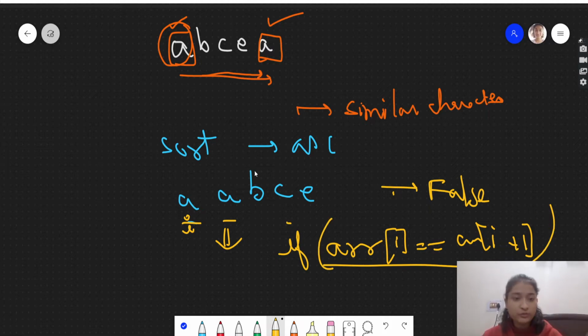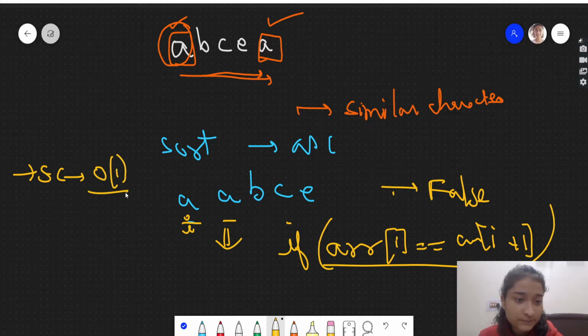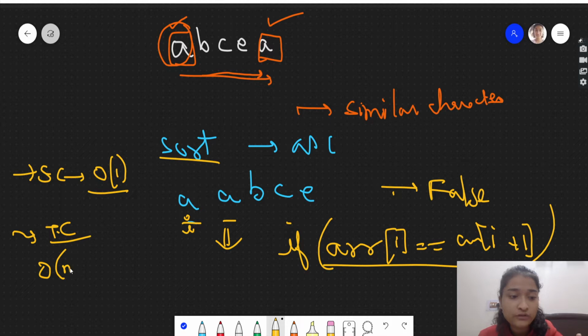So this is one approach. This is not using any additional data structure, so the space complexity will be O of 1, constant, but the time complexity will become, since we are sorting, O of n log n, right?